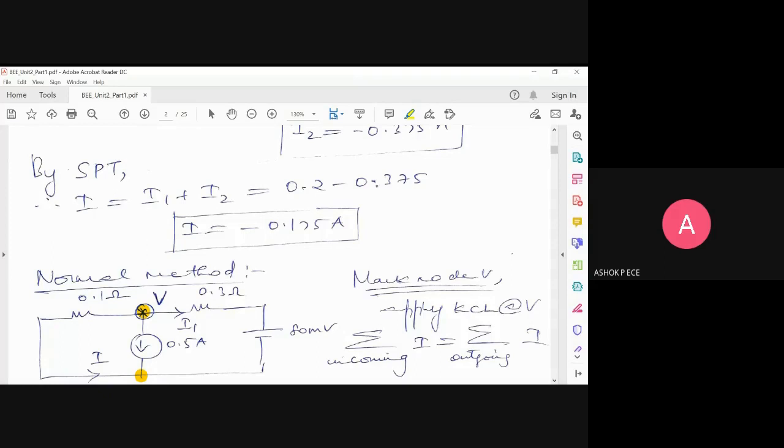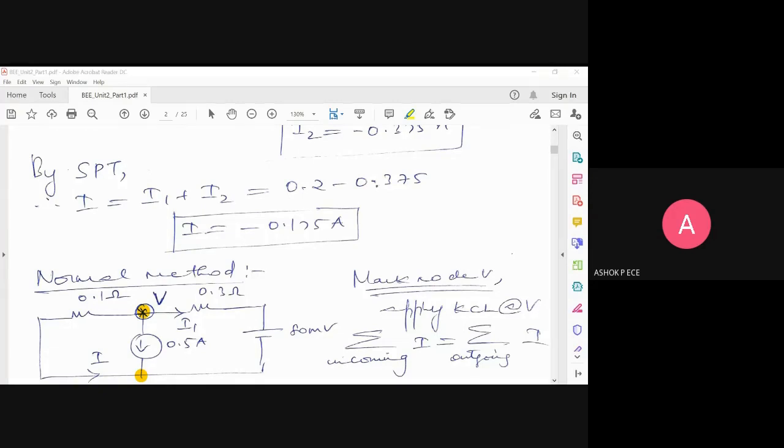Yes. Who is going to say me the KCL equation? I have given you the direction in the question. Please say me the KCL equation. Mohan Raja, can you say? Please say me the KCL equation at node V. See, the KCL statement I have given: summation of incoming current equal to summation of outgoing current. At this node, what are all the incoming currents you have? What are all the outgoing currents you have?